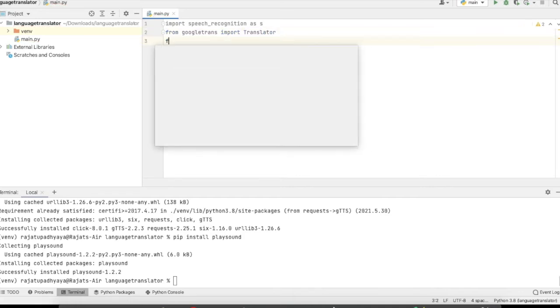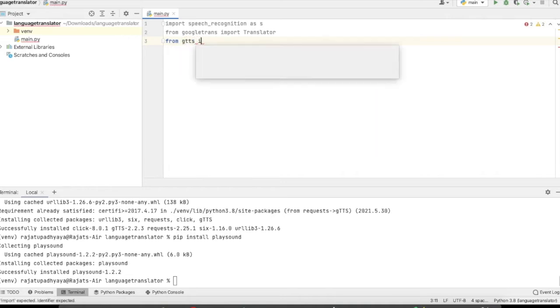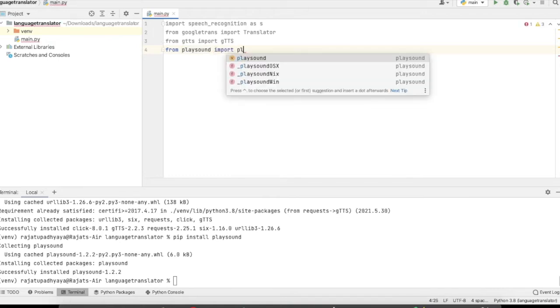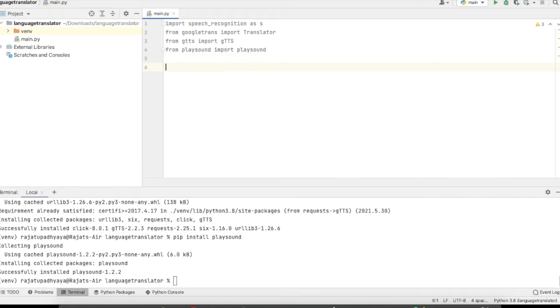And the next one is Google text to speech, import. And the last one is Google Play Sound, import. Yeah, so our first step is done.